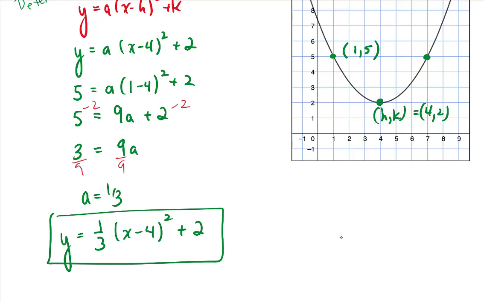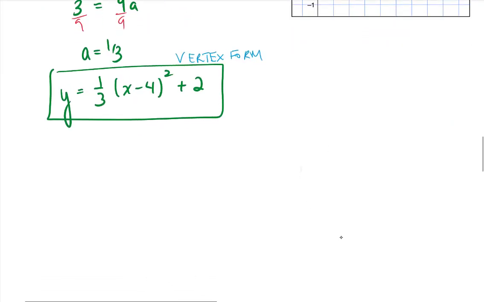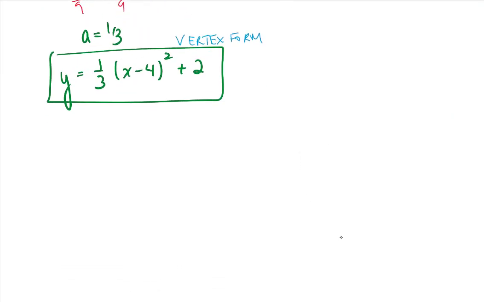Again, this is our vertex form. Next, we need to get this equation in standard form. So to do that, we are going to expand this expression. So we get y equals 1/3 (x minus 4)² plus 2. We're going to distribute